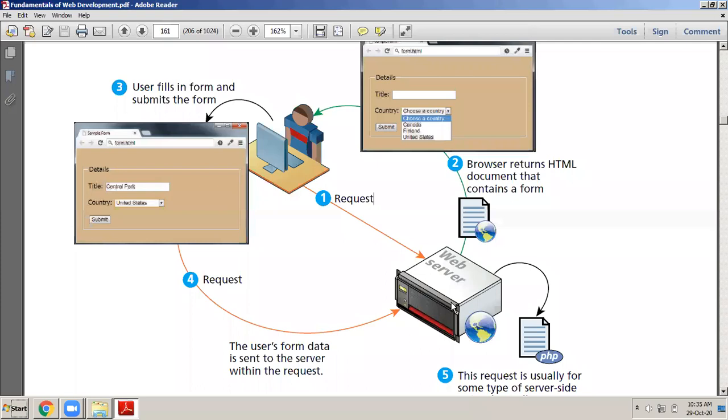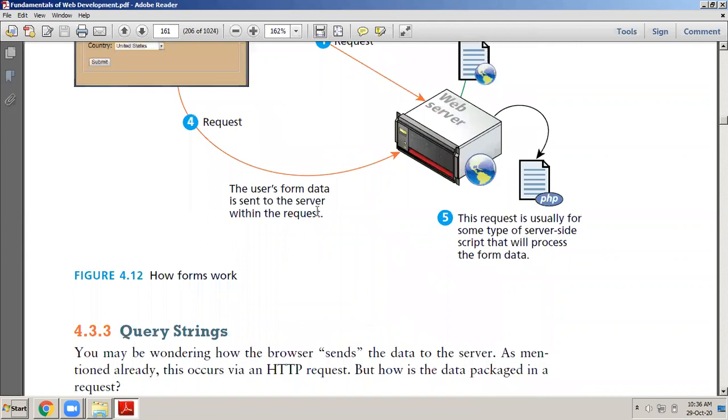What is the meaning of processing the data? I can use it in whatever way I want to use it. I can store it in the database, I can email it to somebody, or I can SMS somebody. I can do whatever I want on the server. I can write that script to extract the data, and then after that, I am free to do anything with the data. Okay, so we will understand that in the fourth module when we start. This is how the form works.